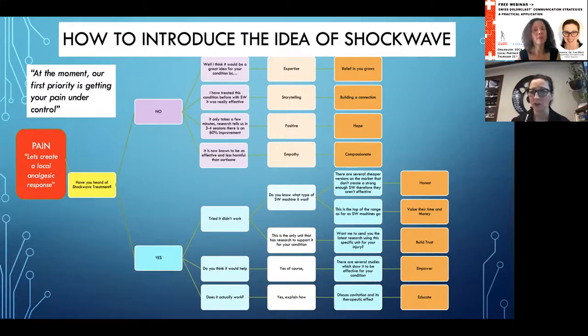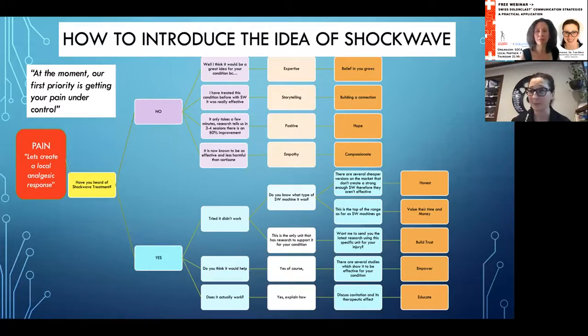So have you heard of shockwave treatment? And they will say yes or no. If they say no, then you've got a few things you could potentially bring up. You can say things like, well, I think it would be a great idea for your condition because, and then maybe you'll say the research shows us. I have treated this condition before with shockwave. It was really effective. It only takes a few minutes, and the research tells us that in 3 to 4